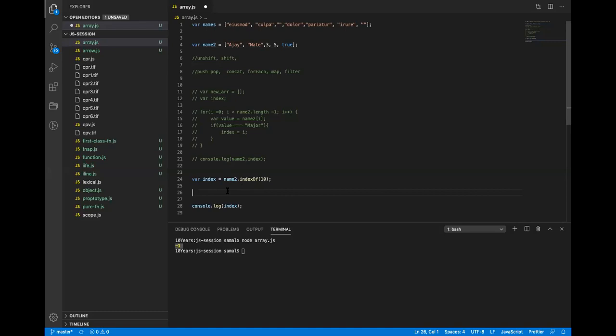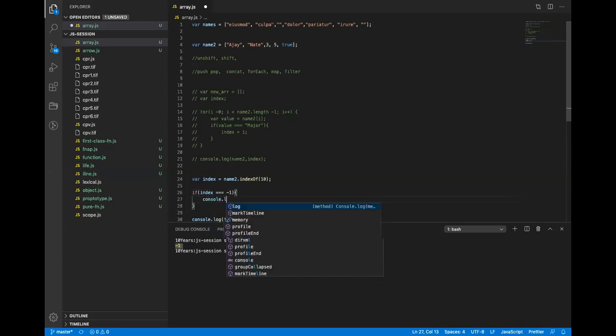So what we do is something like this. We check the array for the value, and we say if index equals -1, console.log item is not present in the array.